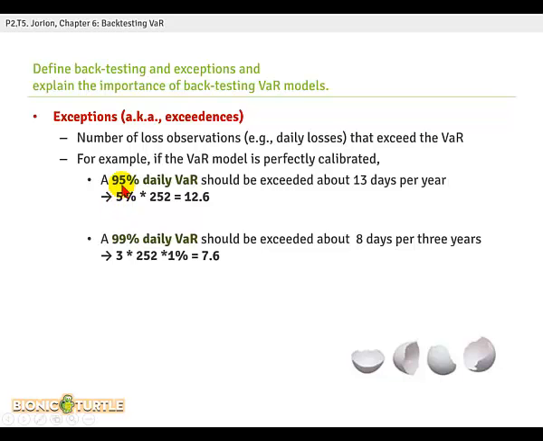Notice that 95% confidence corresponds to a 5% significance. That's always the case. VaR is always one-tailed. So we have a 5% significance over, say, 252 trading days. Then the meaning of